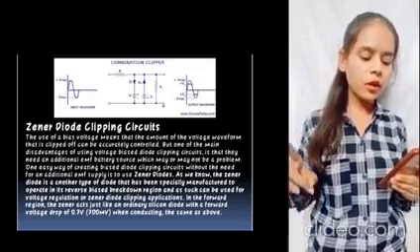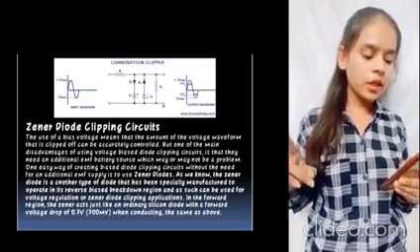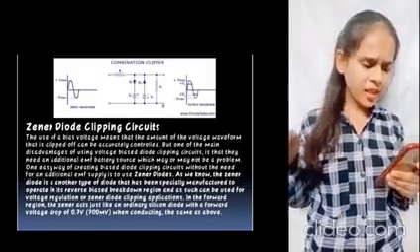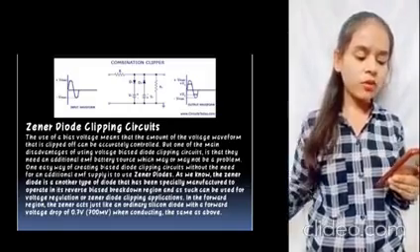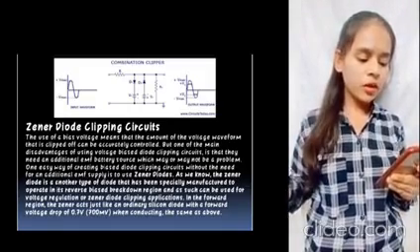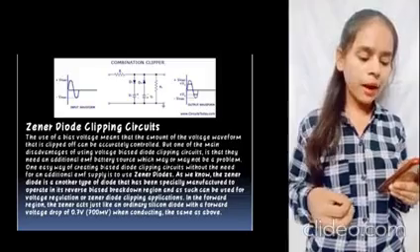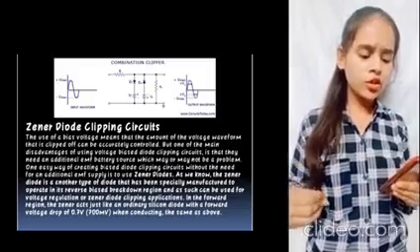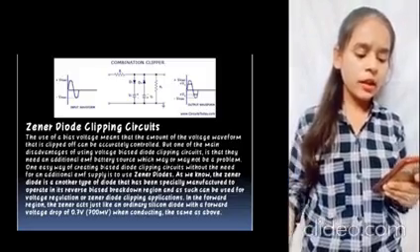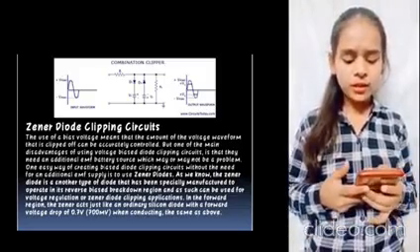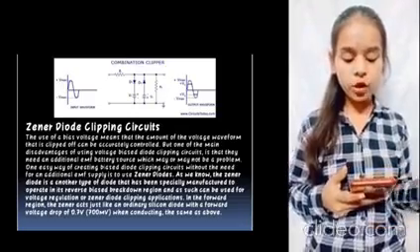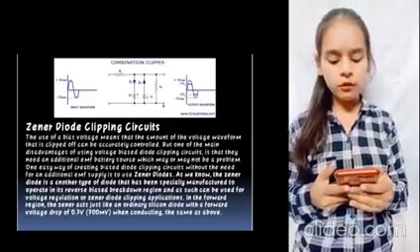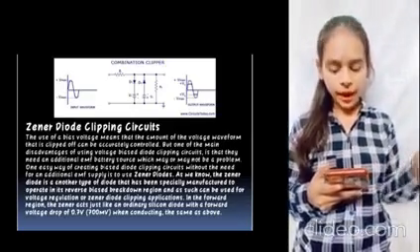One easy way of creating a biased diode clipping circuit without the need of any additional EMF supply is to use a Zener diode. As we know, the Zener diode is another type of diode, specially manufactured to operate in the reverse bias breakdown region, so it can be used for voltage regulation or Zener diode clipping applications. In the forward region, the Zener acts like an ordinary silicon diode with a forward voltage drop of 0.7 V, or 700 mV, when conducting.